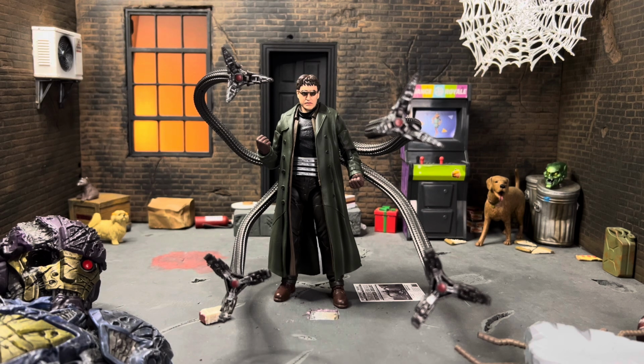And this figure, I had very low expectations going into it because I personally don't care for the comic Doc Ock that we got. The way the bendy wires port into the back, I don't know if I got janky versions or whatever. The VHS ones sucked for me. They were too gummy and they all broke, and the arms wouldn't stay up. It was awful, and I don't like anything that we've gotten in terms of Doc Ock, but this figure changes